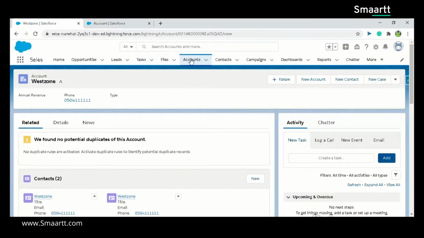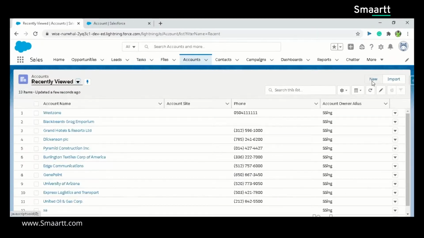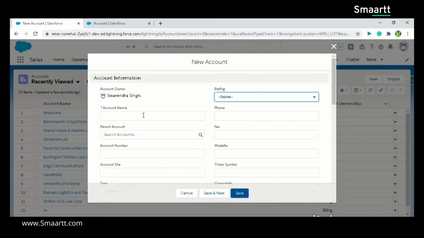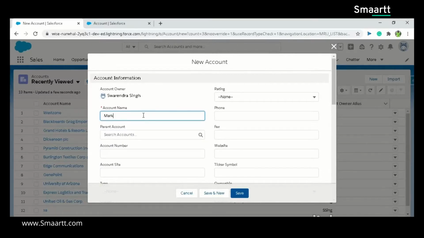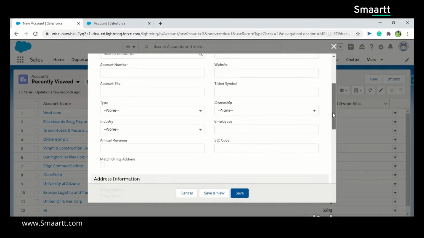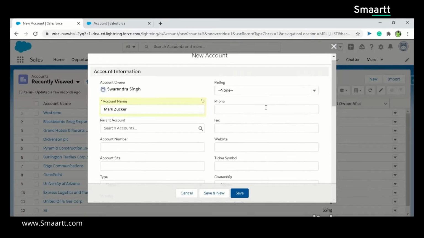What I'll do is go to account and create a new one, just to let you know that it's creating the contact. I'll pick any name, I'll say Mark. It's a very long name, so I'll say Zucker only. Okay, I'll save, put a phone number, and save.